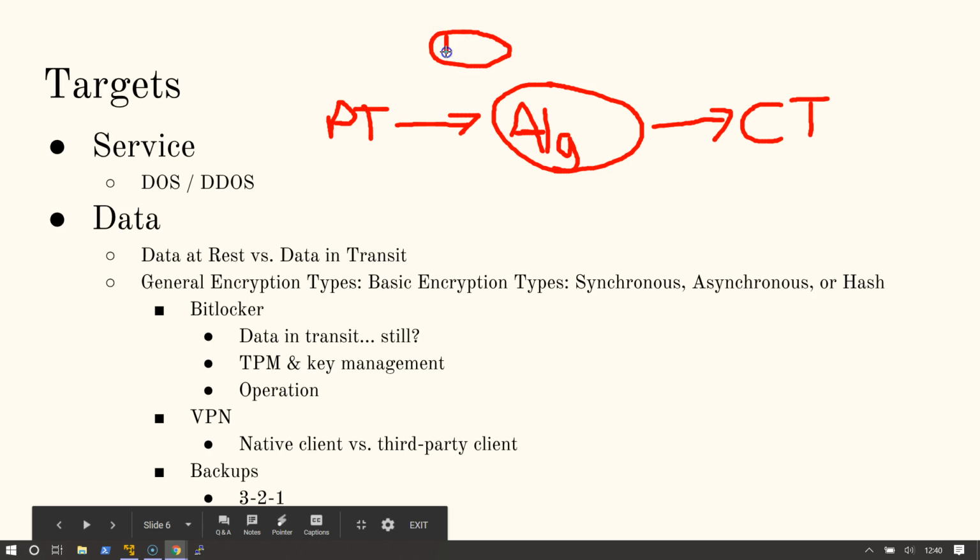Again, what we're going to do is we're going to have this variable put in called the key sometimes. Sometimes the key is thrown in here, because essentially we can use the key to throw a variable into the conversation. So now, in the case of synchronous encryption, we're going to use the same key to encrypt and decrypt. A good example of this would be a ROT13. So let me